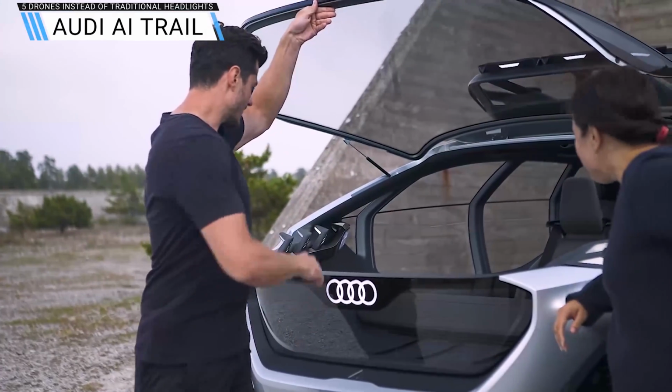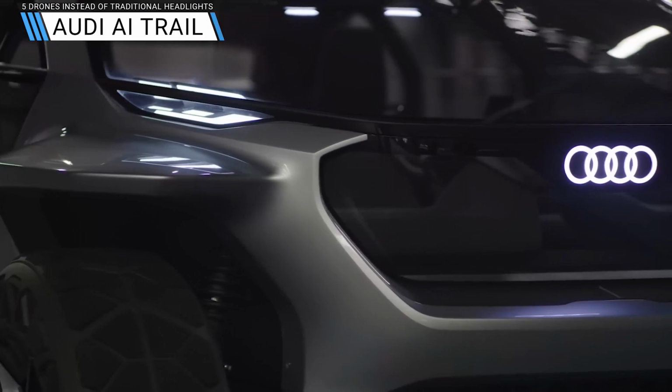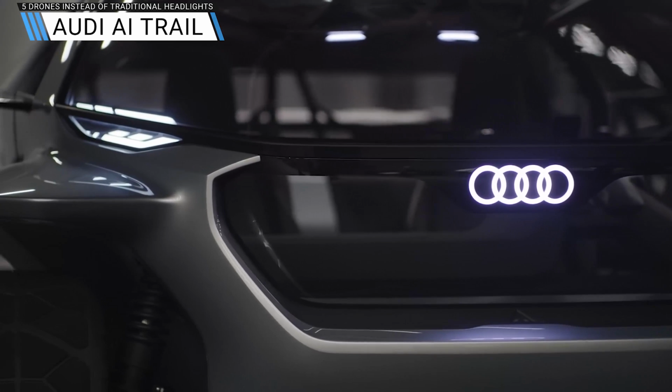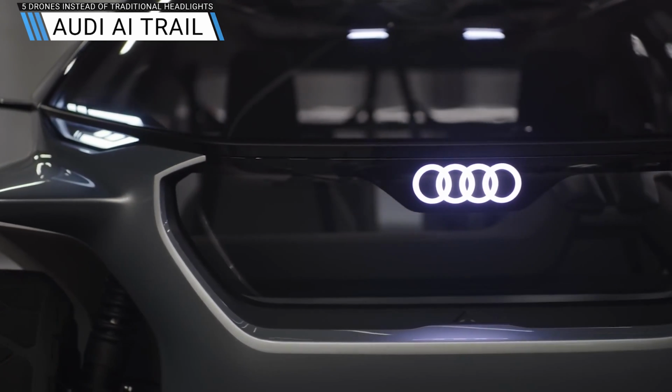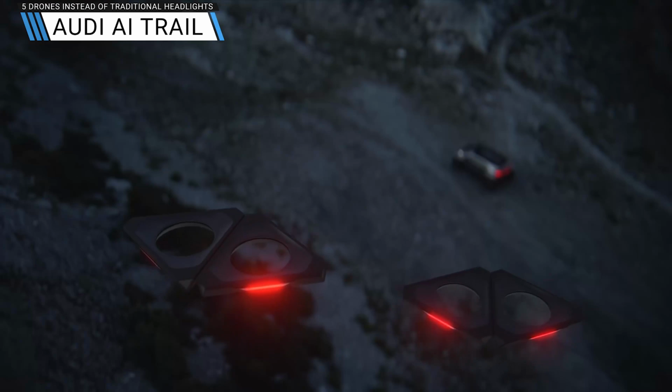Wow. And put your luggage inside. Now these are the headlights? Not quite. They're the day running lights. Exactly, so what appears to be the light is actually not. So this is only the day running light, and the actual light you find in the drones that are on